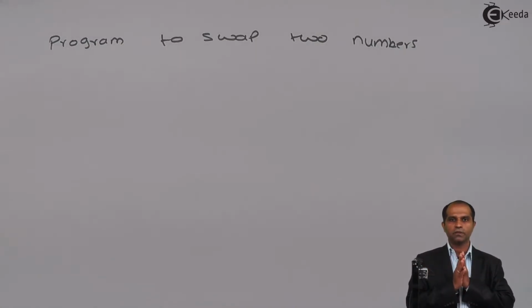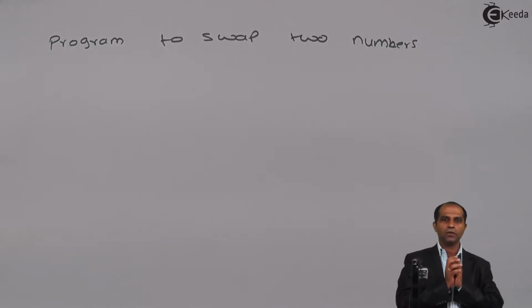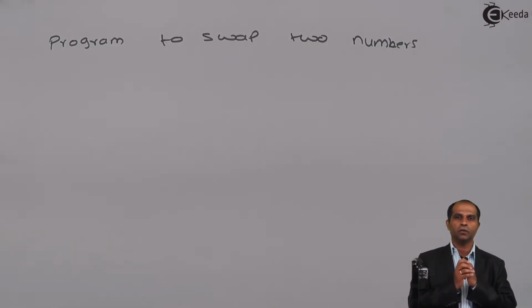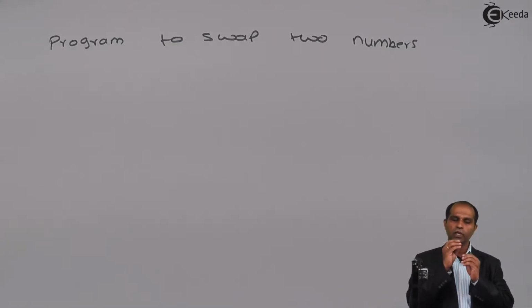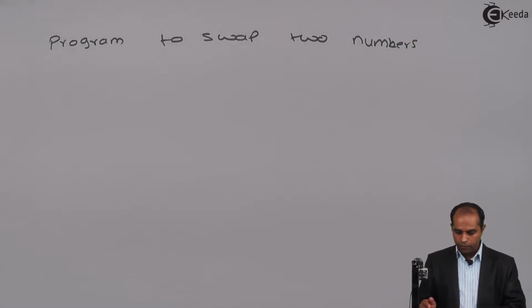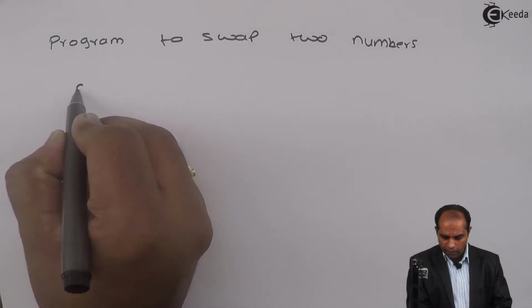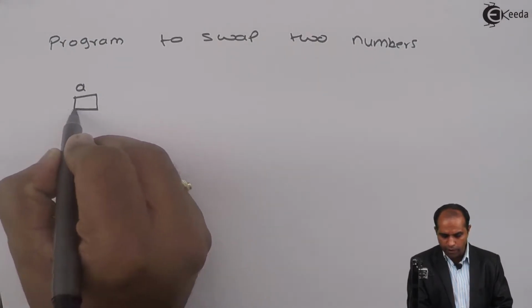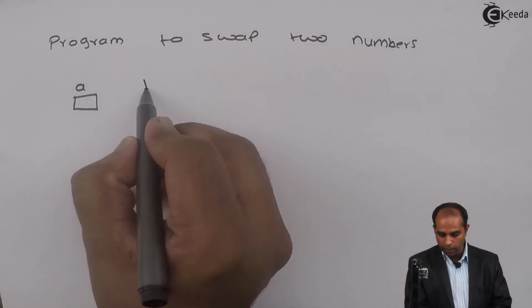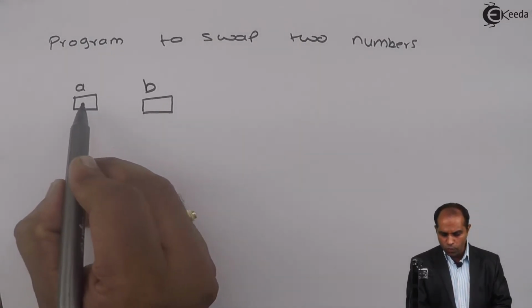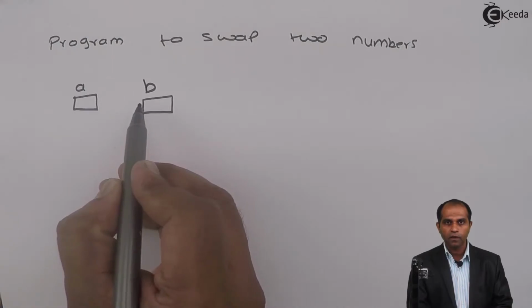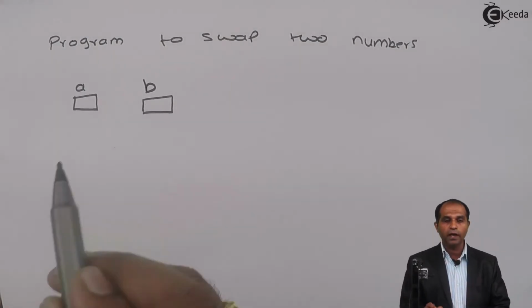a swapping process. When I say swapping two values, there are basically two logics which you can use. One, you can use a temporary value, the other without using a temporary value. Let's first identify how exactly I try to do it using temporary values. Now, assume that I have a variable A stored with a value, a variable B stored with one more value. If I ask you to swap the values of A and B, definitely I need one more additional variable.